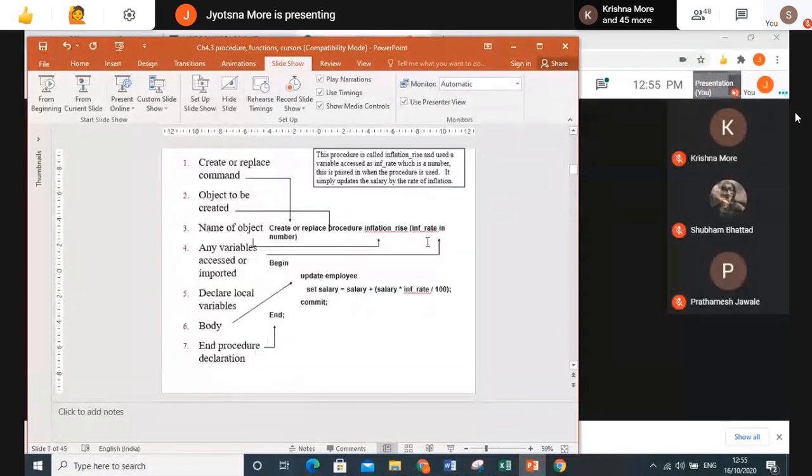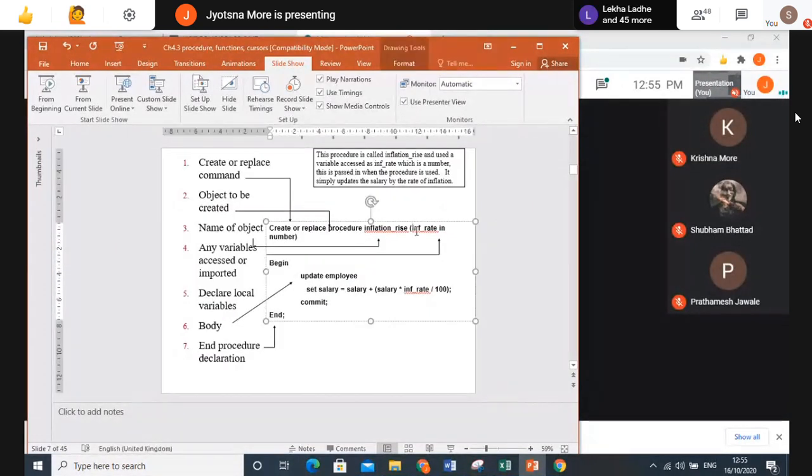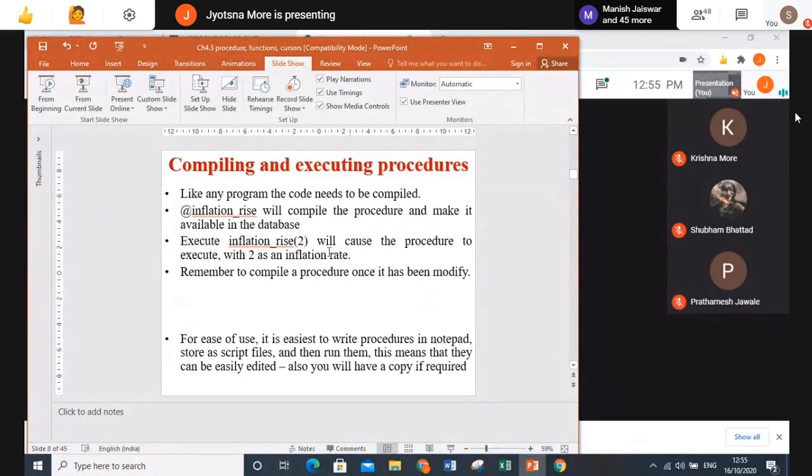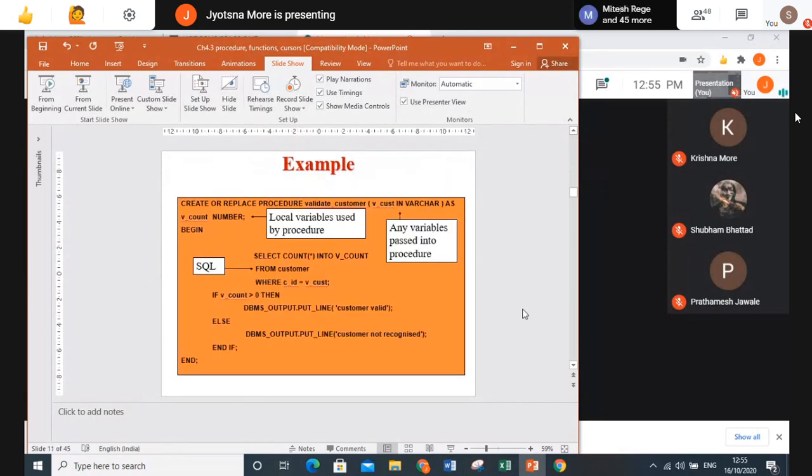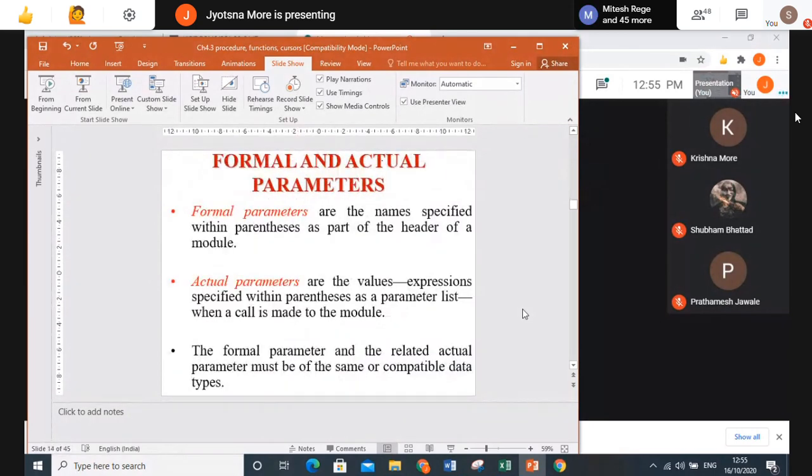In this example, this is my formal parameter. Whatever I write as parameters over here are my formal parameters, and the values which I provide in my calling procedure are my actual parameters, meaning the actual values. Remember that is all about formal and actual parameters.